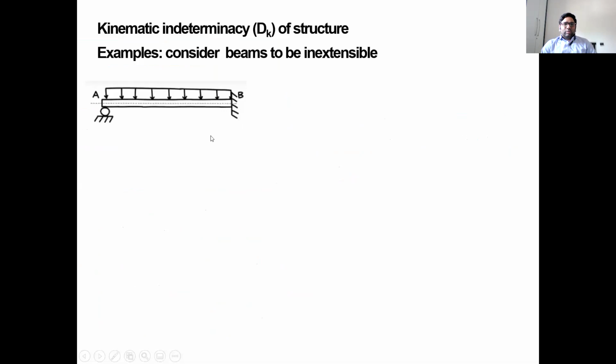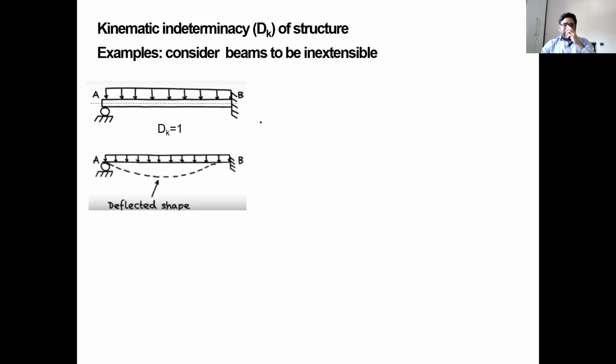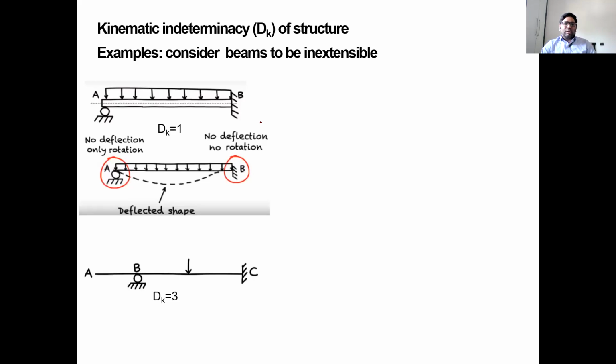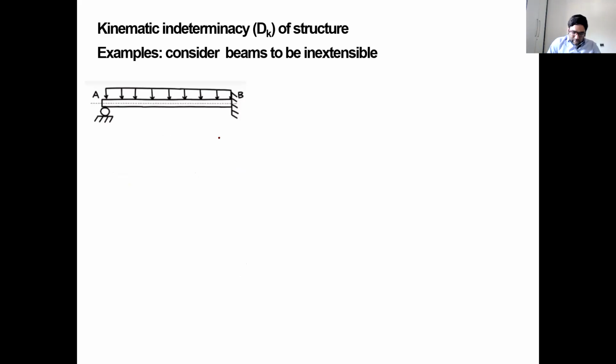Now all of you can see the screen now. So this is actually a roller support and a fixed support. Okay. What is the degree of kinematic indeterminacy? We need to calculate. dk is equal to 3j minus r. Directly you can calculate. How many joints are there? This is joint 1, this is joint 2. And reactions, r is equal to 1 here, r is equal to 3 here.